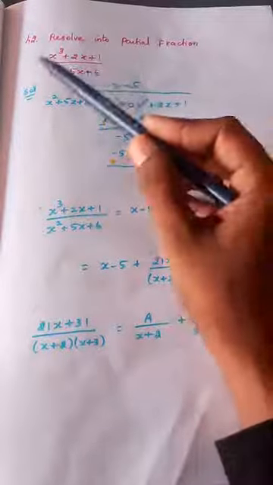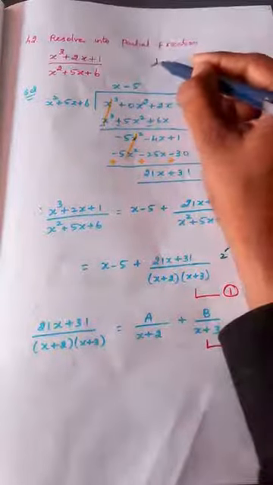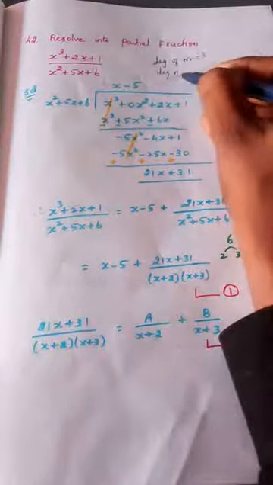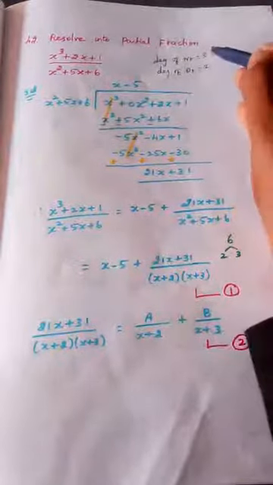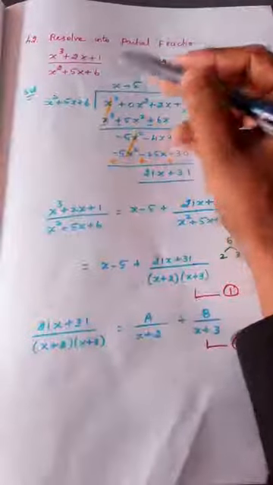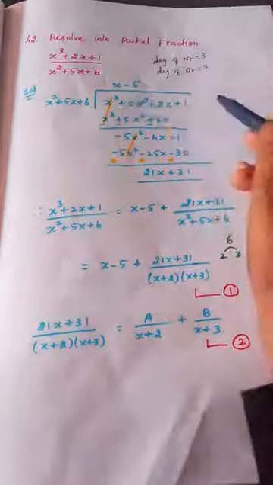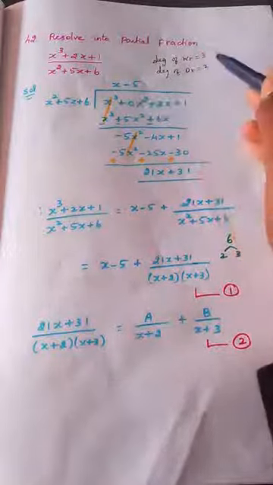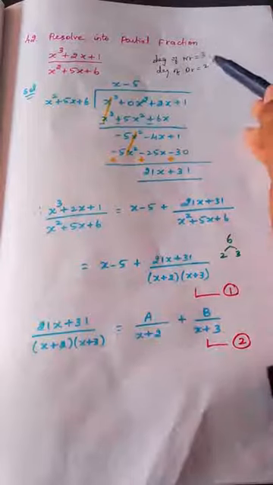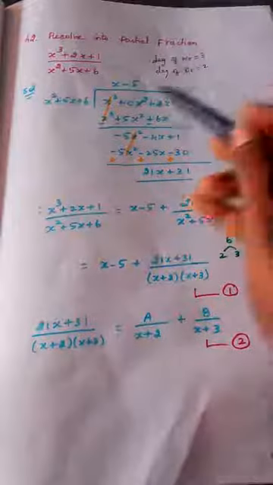Again, the expression is like this. What we have to see? See, degree of numerator 3, degree of denominator 2. So the numerator is greater. Actually what it should be? Lesser. That is the perfect thing. But if the numerator has greater or equal degree, then we should divide. Even if it is 2, we should divide. If it is 3, we should divide. Suppose if it is 1, we need not divide. So try to understand, the degree of numerator should be lesser. If it is equal or more, we should divide. So here also we should divide.